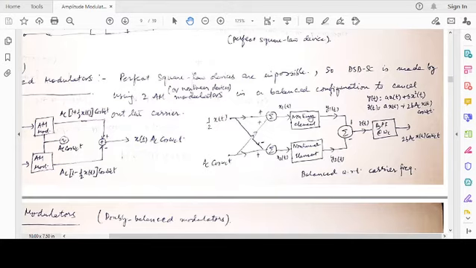You have the same nonlinear element as discussed before, where the output is axt plus bx squared t. So you have y1t as the output corresponding to input x1t, and y2t as the output corresponding to input x2t. Then you subtract them, and the output zt is basically axt plus 2b AC xt cosine omega ct. You pass it through a band pass filter at frequency omega c, and you have a component which is only xt cosine omega ct.